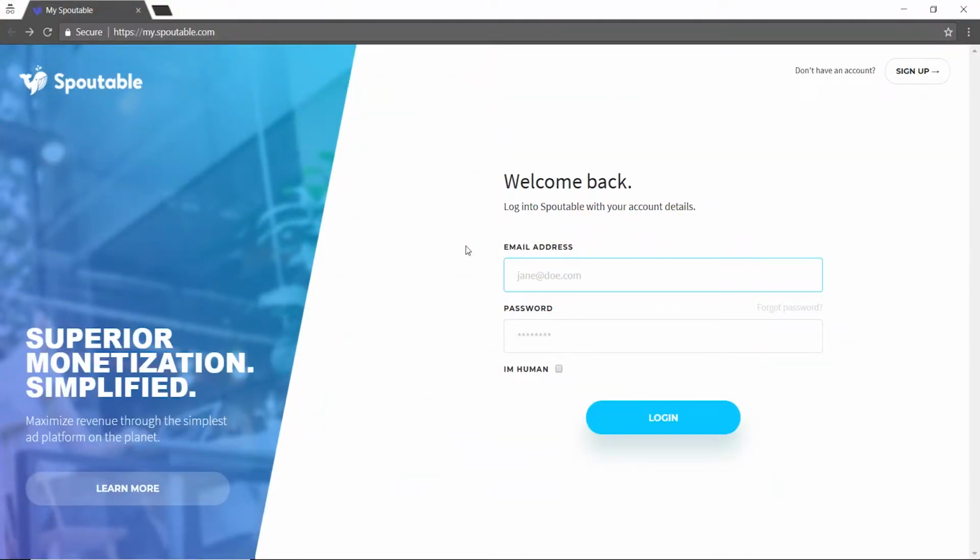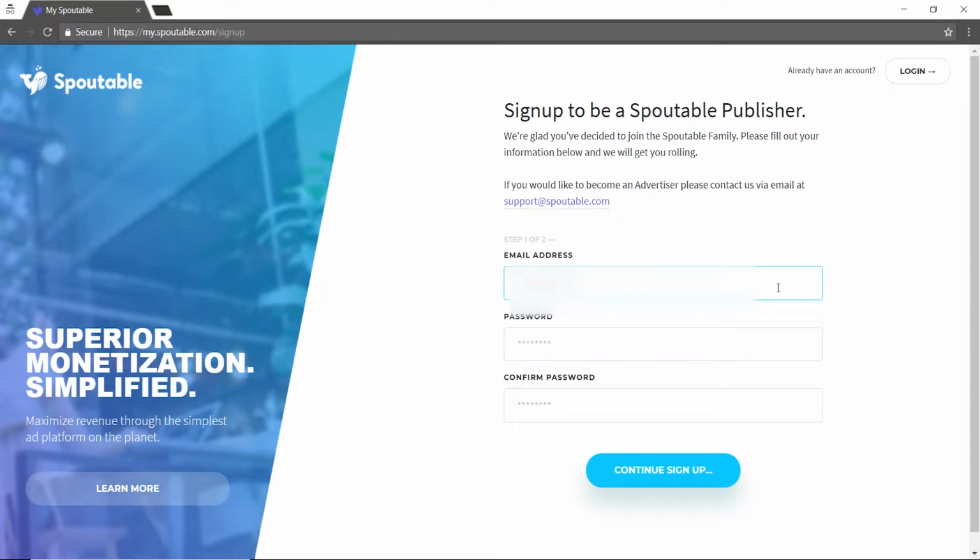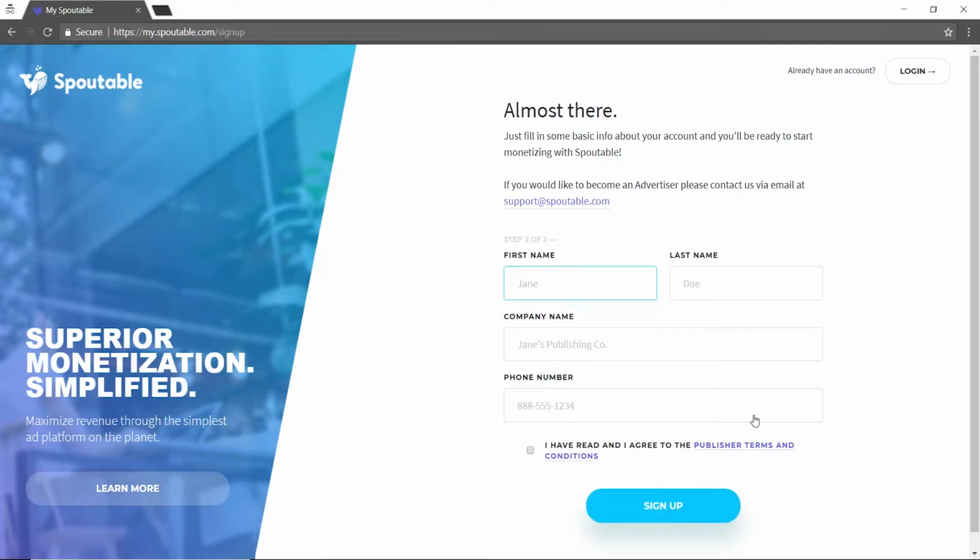In order to sign up for the Spoutable Publisher program, you need to first go over to my.spoutable.com. Then click on the Sign Up button on the top right hand side of the screen. Once you've done that, the sign up page will appear and you need to fill up the following steps, starting with the email address that you want to register with, then a password of your choice, and then the confirmation of the same password. After that, click on Continue Sign Up,